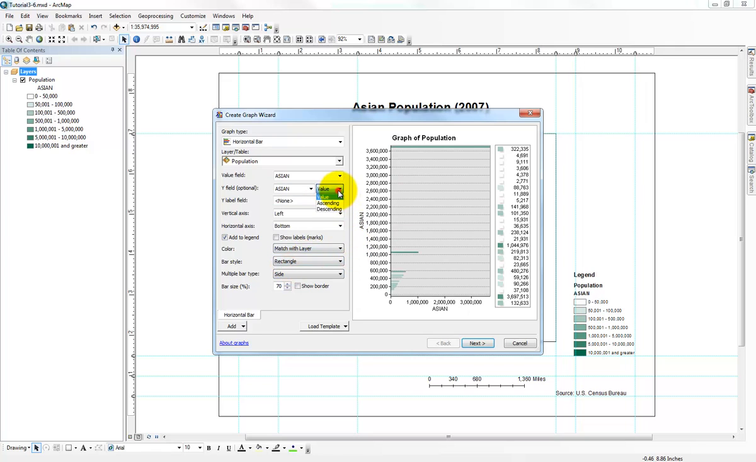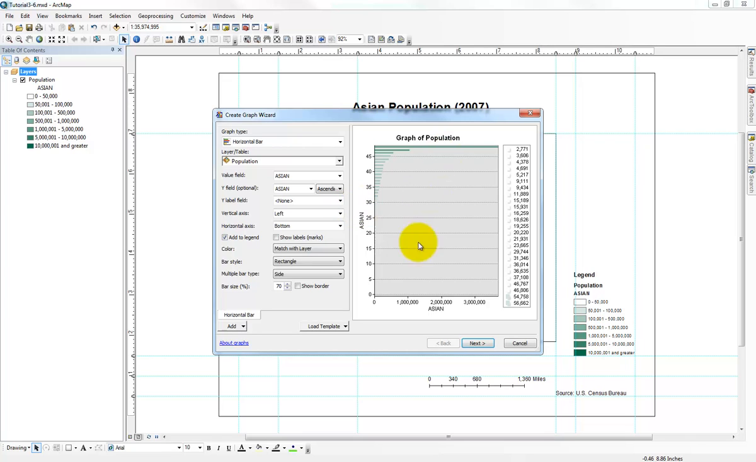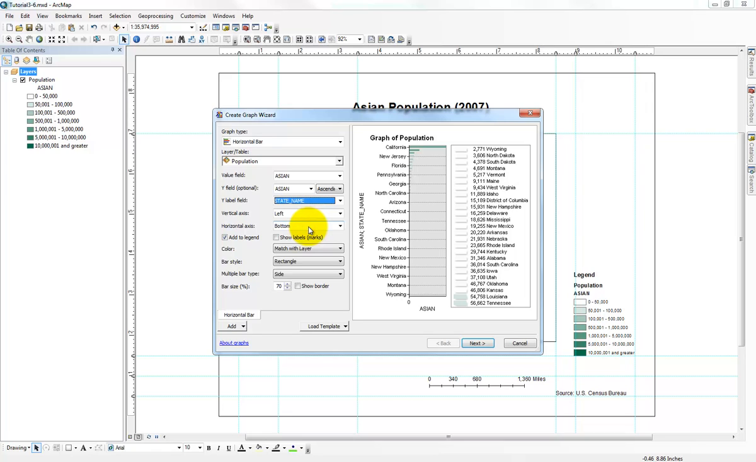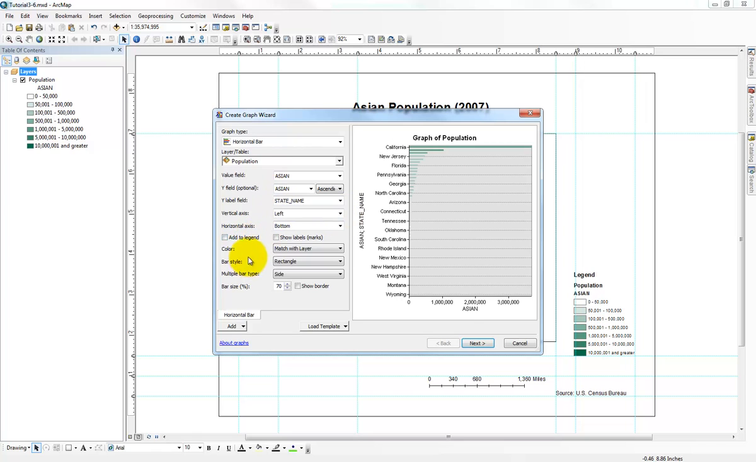And then I'm going to click on ascending so that I have my values ascending from 0 to whatever is the top, which looks like about 56,000, and then click on the y-axis, which is going to be state name, and then I'm going to uncheck add to legend because we already got the legend in a way by using this,